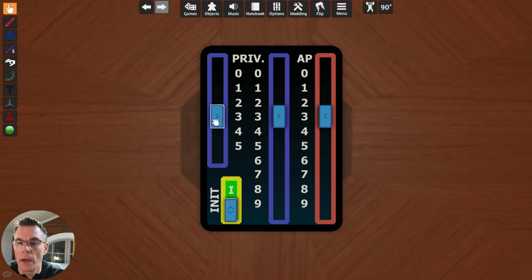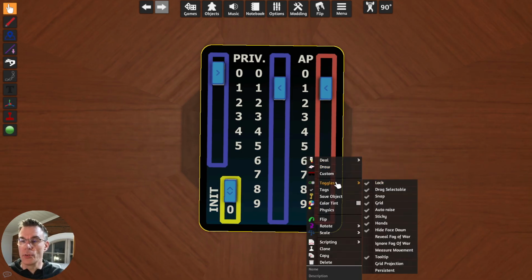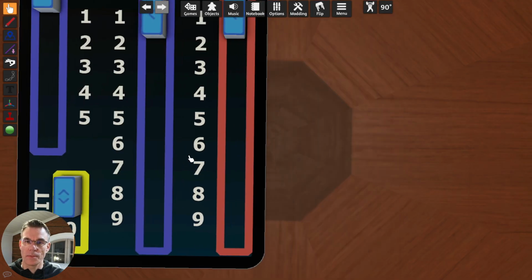Now we have our slider here that snaps quite nicely in the correct position whenever I want to change the value that I'm tracking. So this is one way to use these points.